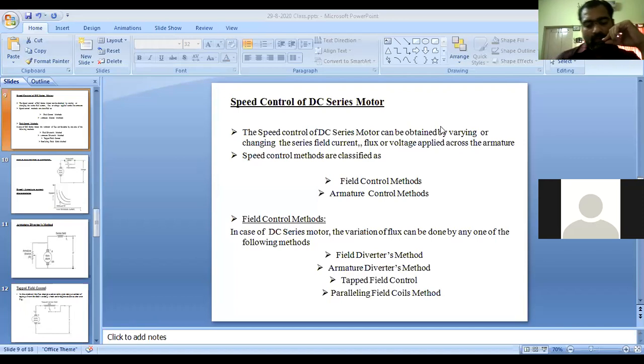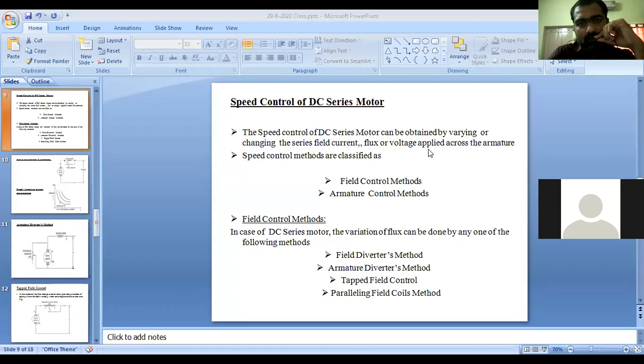This is our first class of the third week, and we have seen the topics earlier in the two weeks regarding this subject, UEE, that's Utilization of Electrical Energy. We have seen different characteristics, different types of motors, and different applications.